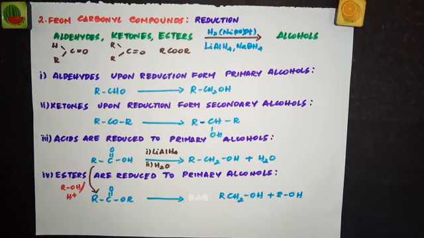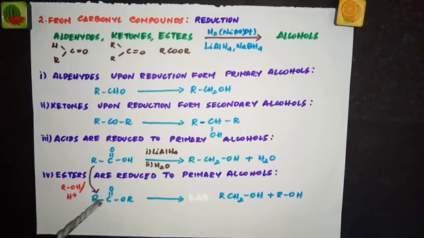And remember, you can convert acid into esters by treating acids with alcohol in the presence of H+. We call this reaction as esterification. So if the starting material is acid, you can directly convert it into primary alcohols. If they ask you to convert acids into esters and then to alcohols, what you will do, you will treat acids with ROH, which is an alcohol in the presence of an acid, to make it into ester.